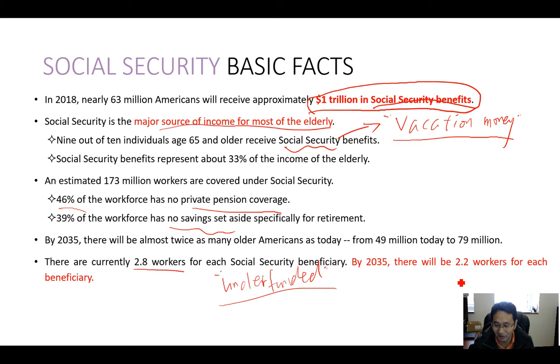Essentially, whoever is right now working is paying for those retired. Right now, it's like 2.2 workers for each beneficiary. That's what the ratio looks like. So that's hard. You need to know that those 2.2 workers have families to raise. They have state income tax. Maybe they need to buy health insurance. They need to pay for education. They might need to come to a school to study finance.